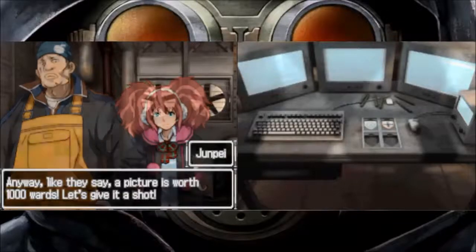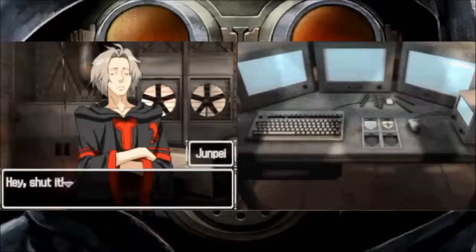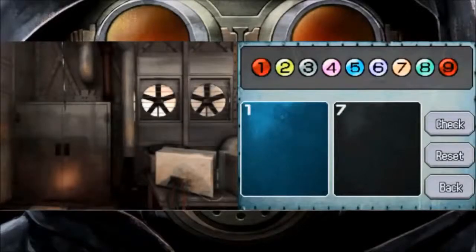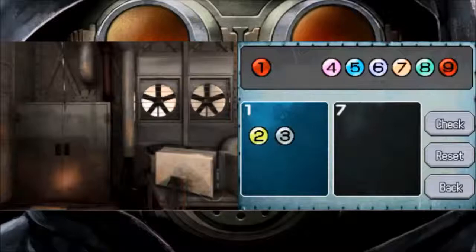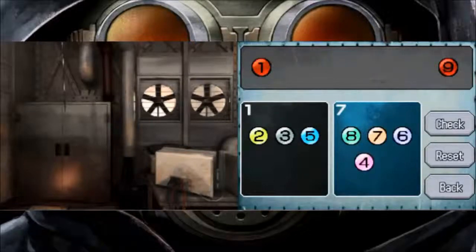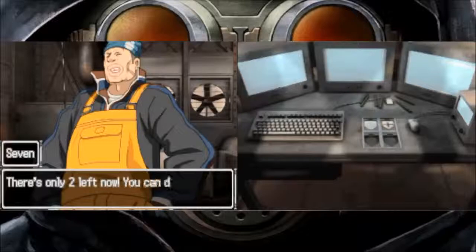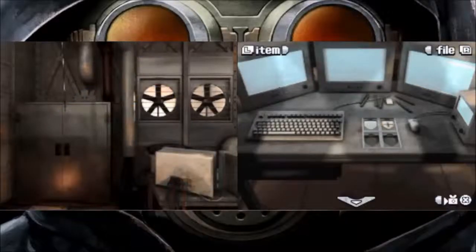Words. Gosh. Let's give it a shot. Isn't that a picture's worth 1,000 words? Hey, shut it. At least I'm trying, alright? Junpei, I don't know if you're alright in the head right now. That's awesome, Junpei. There's only 2 left now. You can do it. Okay,